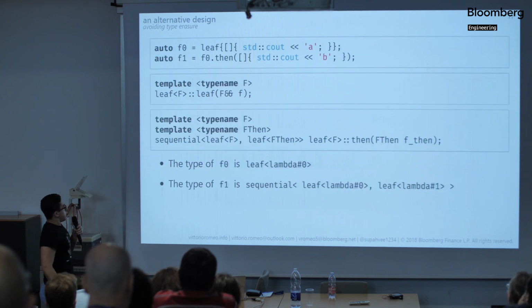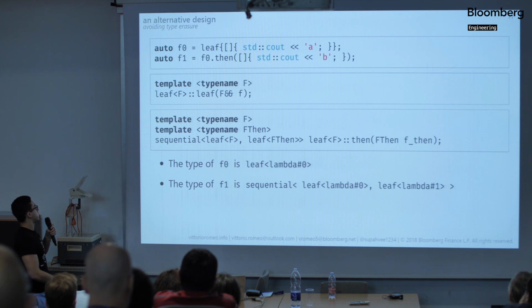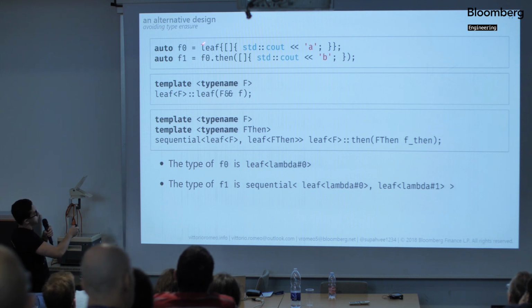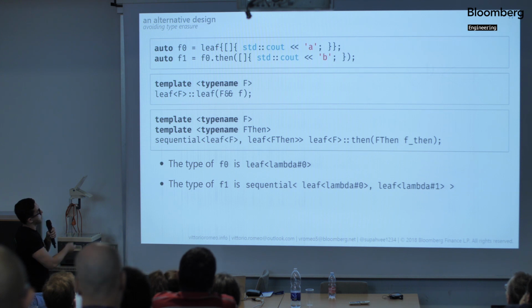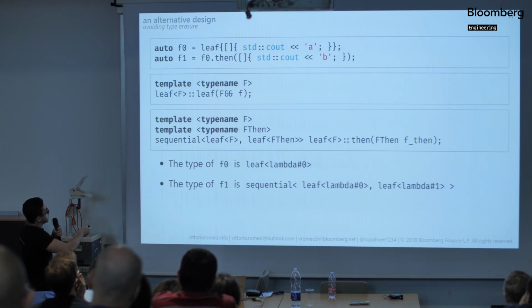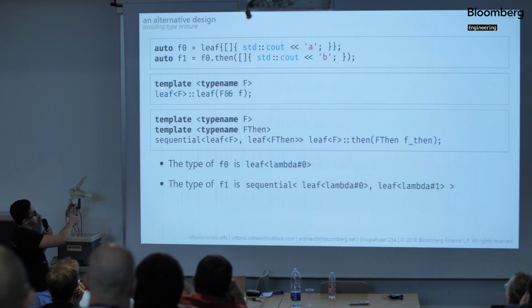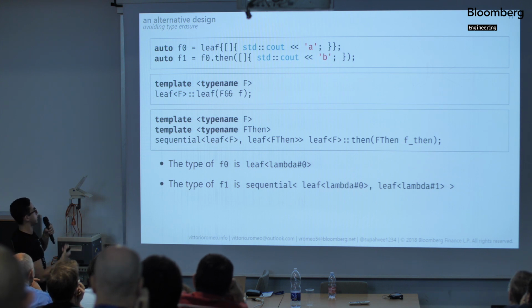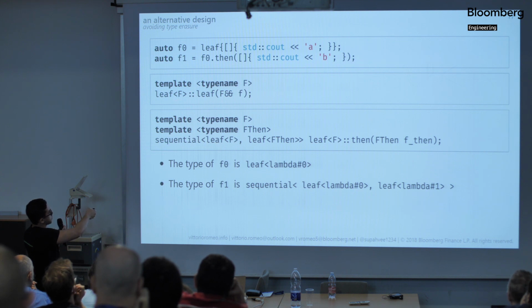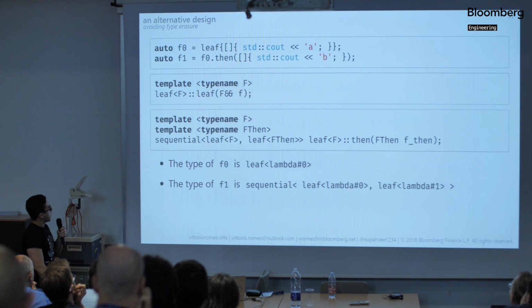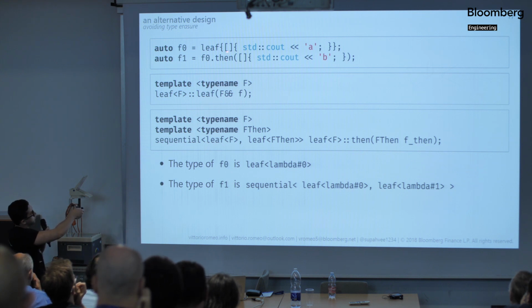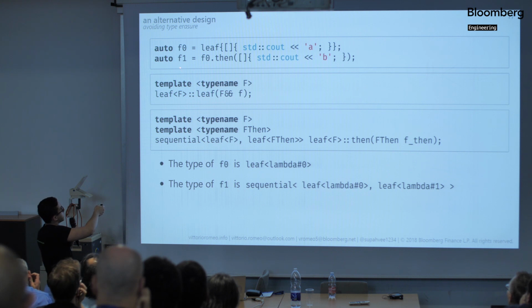So here's an example of how this can work. Imagine that we have this leaf class over here, and it's a template class. I'm using C++17 class template argument deduction here to avoid providing template parameters over here. And what the leaf class does, it's templatized over an action, so the type of a lambda, and its constructor takes the lambda by forwarding reference and stores it inside the leaf. So in this case, we're asking the compiler to deduce this f template parameter by whatever we pass in the constructor. So we have a leaf f0 that is built from this lambda over here,